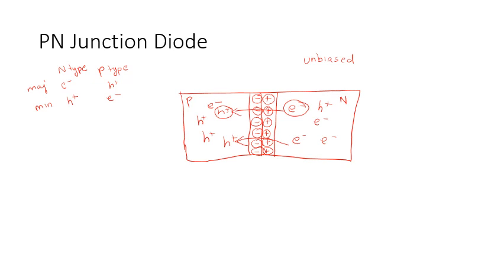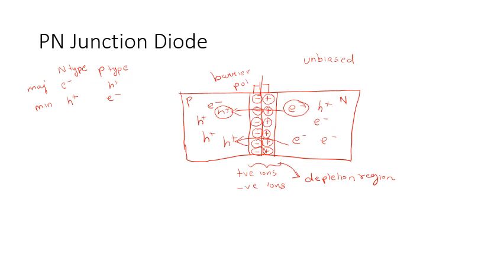This gate which is closed consists of two things. First thing is positive ions, second thing is negative ions. Now both of these ions do not have any free charge. Therefore, this region that is created over here is known as the depletion region. So depletion region is basically a region that is depleted of all types of charge carriers. Now if I look at this depletion region, it is negative here and positive here. So it looks something like this, like a battery, and this potential is known as the barrier potential.